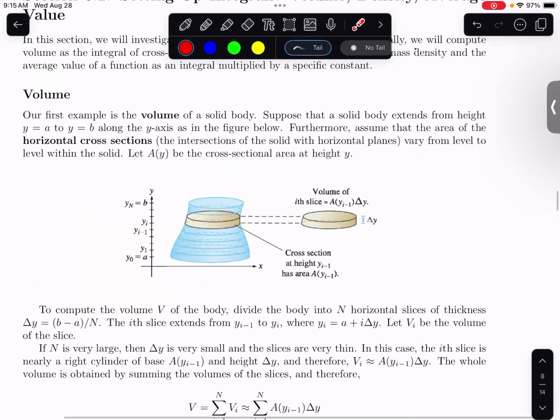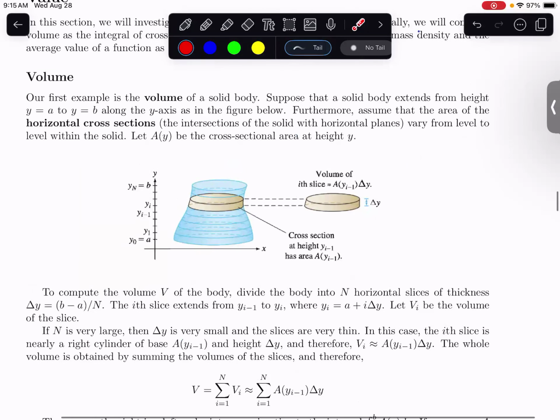But I was getting ahead of myself. So you have to know volume for the exam. It'll have some influence on your grade because the midterms are important. And so the first thing we're going to be calculating via integration is going to be volumes of a solid